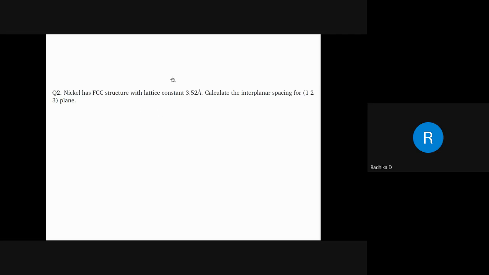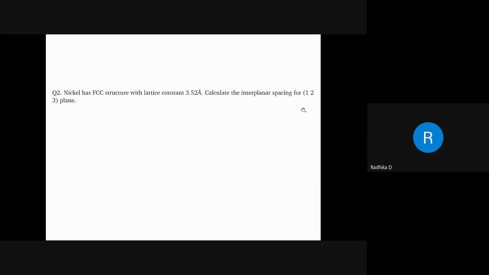Okay. So what are you being given? You are being given an element. You are being told that this particular element has FCC structure. FCC means face-centered cubic. That means it is a cubic system, right? And cubic system means, as we told in the previous numerical, a is equal to b is equal to c. So for that reason, you are being given only one value, 3.52 angstrom. So your a, or the side of the FCC, is 3.52 angstrom.